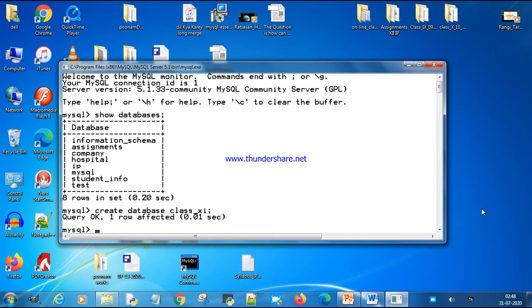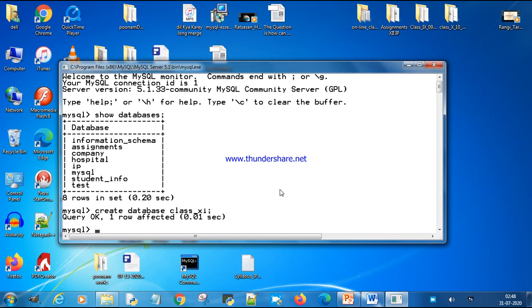One thing I must tell you, please do not provide any space in between database name, field name, your table name, your constraints. Please do not provide any type of space.